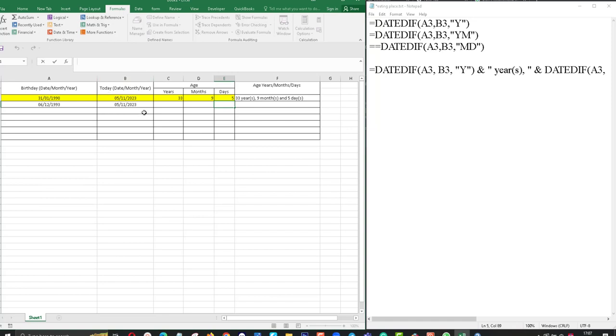Okay, first of all I want to find the number of years. I already typed the function. You can see equal DATEDIF and the cell range. A3 means the birthday, and today is this one. Okay friends,